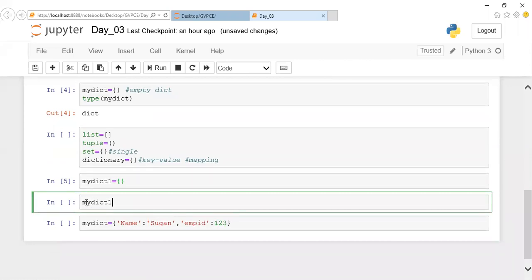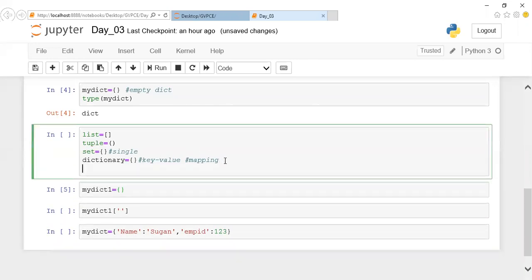My dictionary 1 followed by a key should be passed. As I told you, a dictionary is a key value pair. The values are given like this. First is your key and next is followed by your value 1. Comma separator followed by key 2 followed by value 2. So this key and value can be of any data type. There is no rule that the key should be a string or integer. It can be of any data type. This is how your dictionary data are stored. Key and value will never occur individually. It will occur only as a pair.